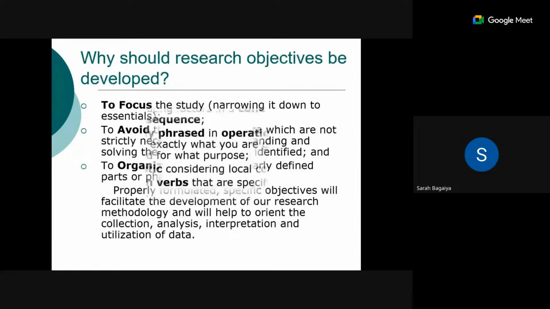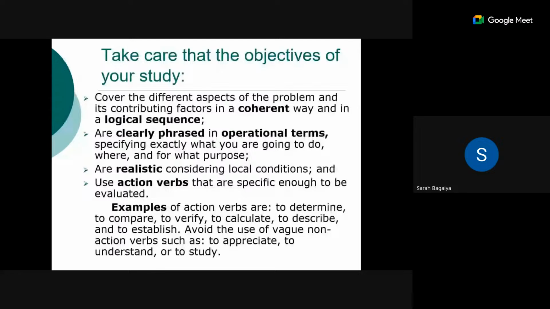So it's important to ensure that the objectives of your research study cover the different aspects of the problem and its contributing factors in a coherent way and in a logical sequence. So it's important that your objectives are clearly stated, specifying exactly what you are going to do, where, and for what purpose. Your objectives should be realistic, considering local conditions, and it's important that you use action verbs that are specific enough